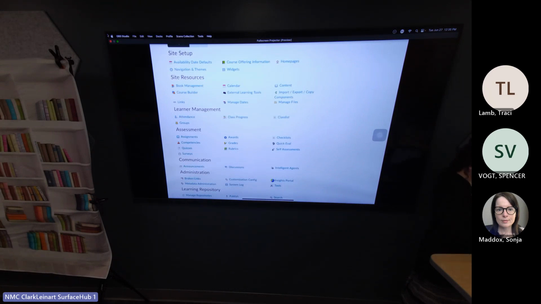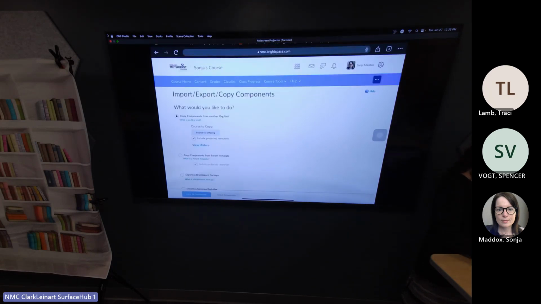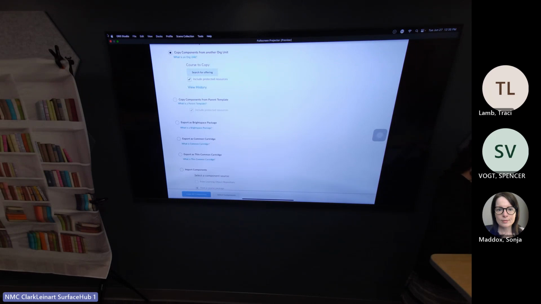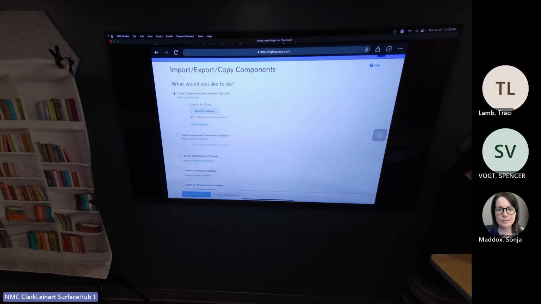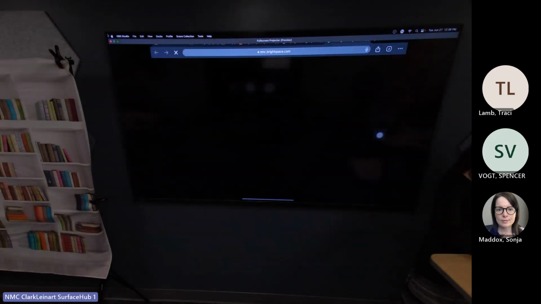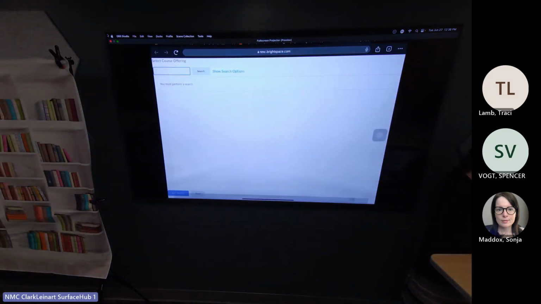So to import your content from the live site into your test site, or if you just want to copy your question library from one course into another course, that's how you would do it. It is defaulted to copy right here, so you want to go to the one that you're putting it into and then search for the one you want to pull it from.